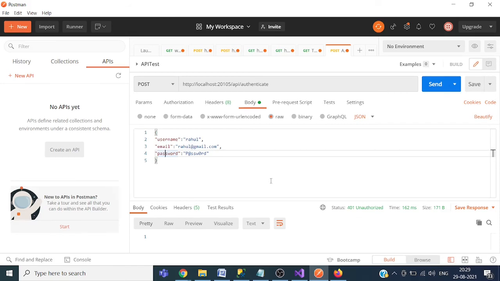Okay. So now we have selected the method as post. This is our URL of API, and this is the raw data in JSON format. Click on send button.